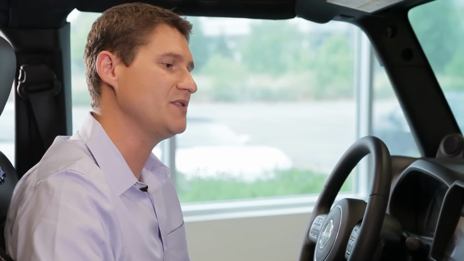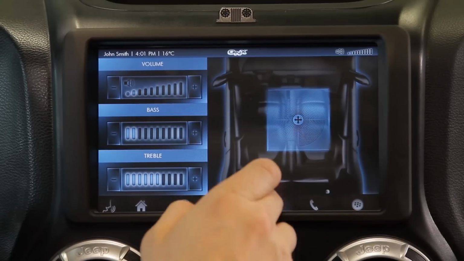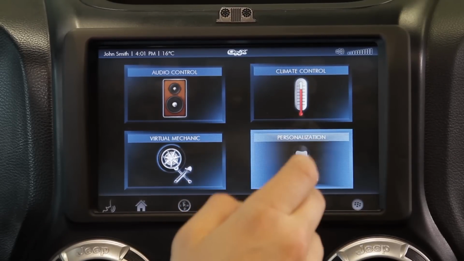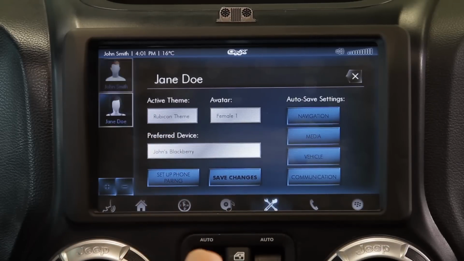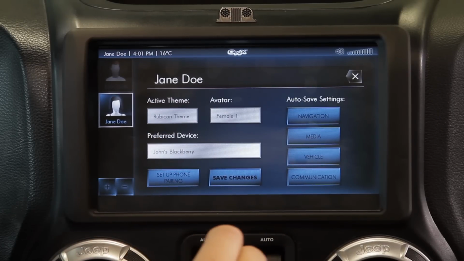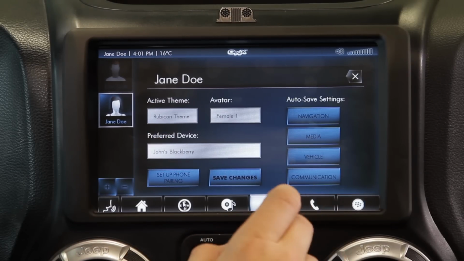And you can imagine if you're downloading this across different vehicle lines, different vehicles can actually take on a different skin, even though it's the same Pandora application that's being used. So anyway, we'll switch back to our Jeep theme,